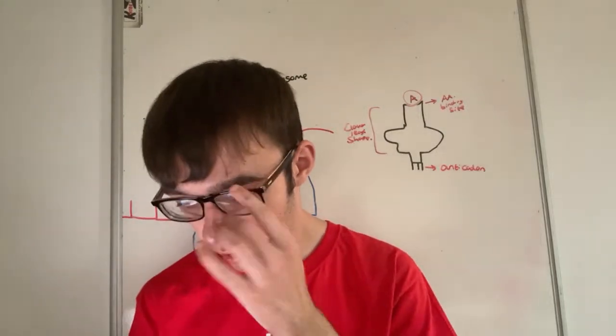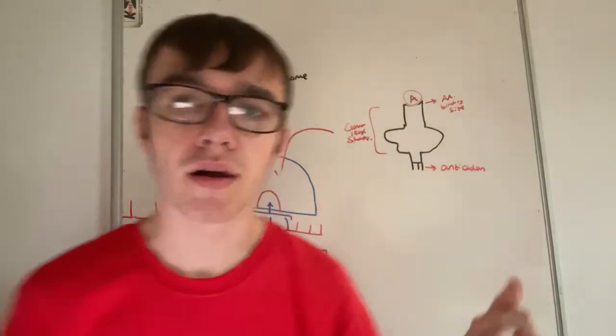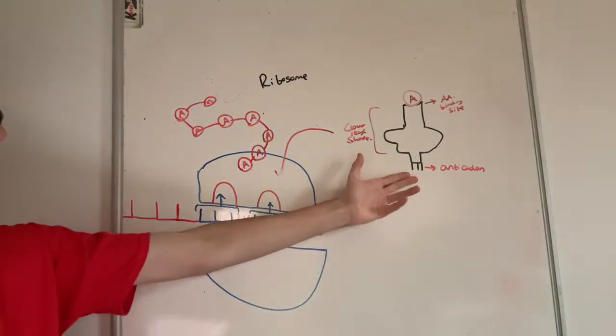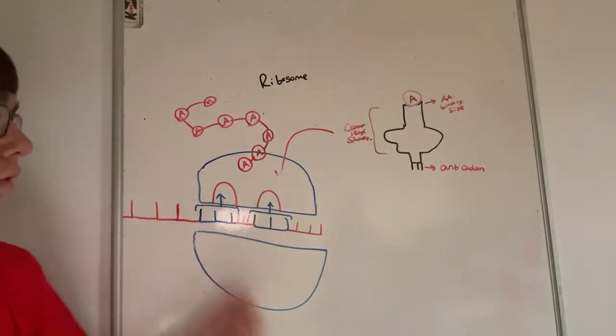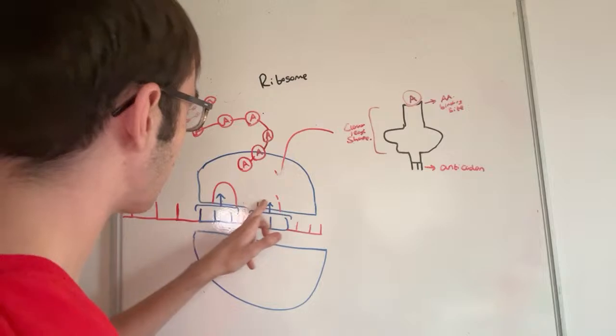mRNA attaches to the ribosome. Each tRNA has a complement. Yeah, so I forgot to mention the anticodon will obviously bind. One thing I've misdone in my drawing here is overcomplicate it.